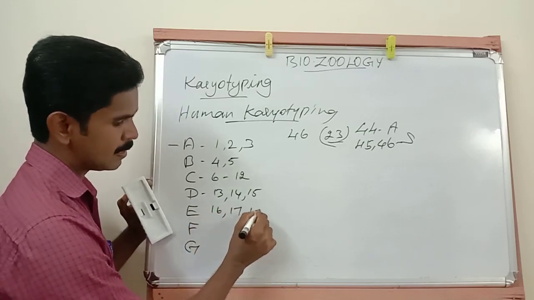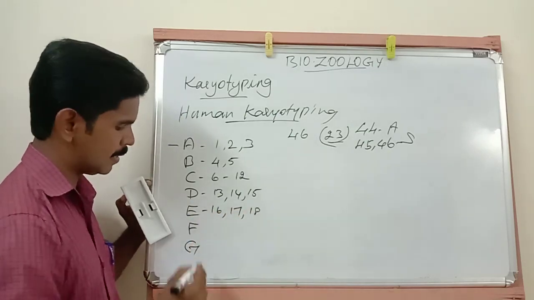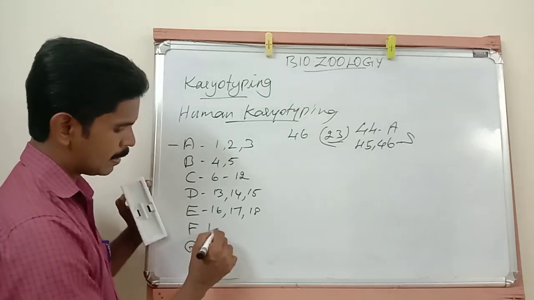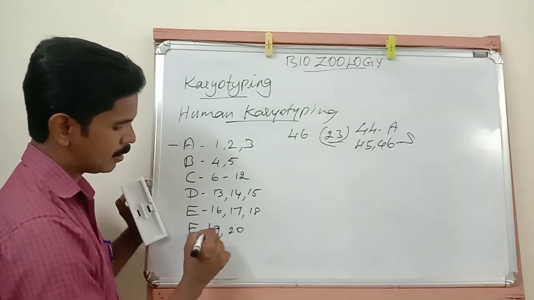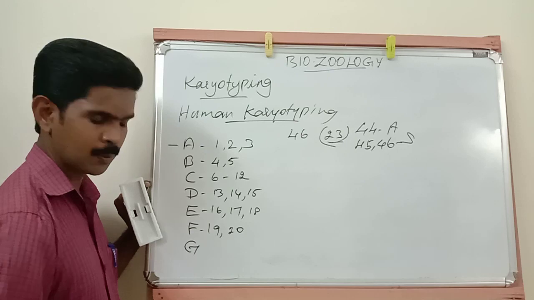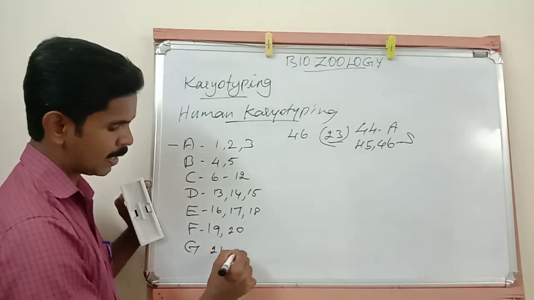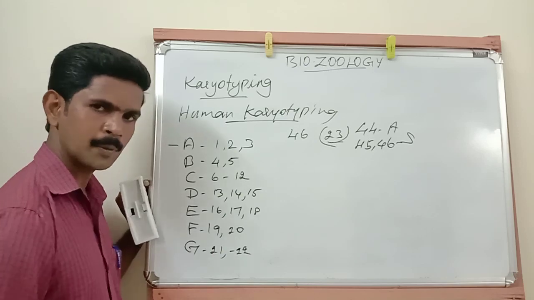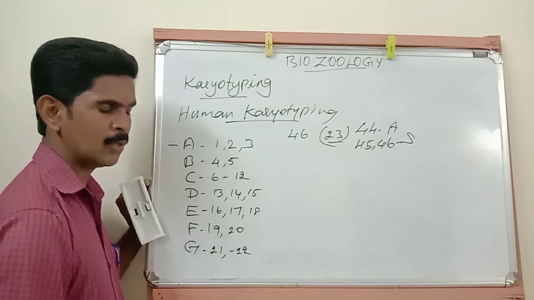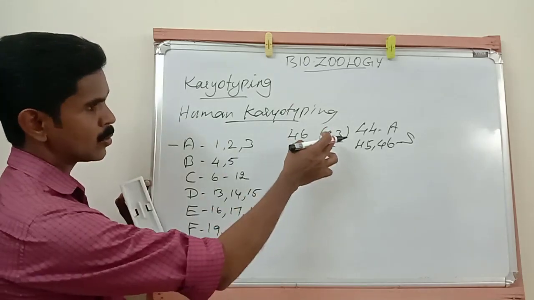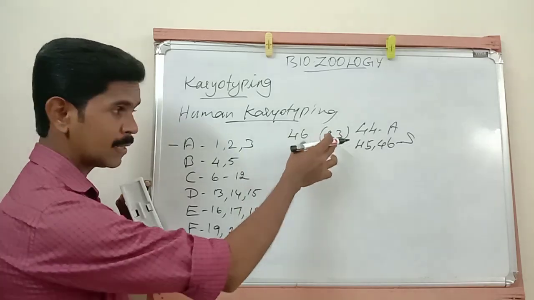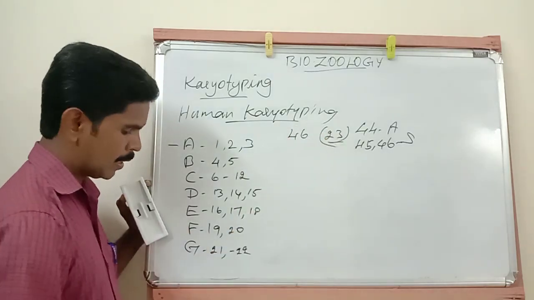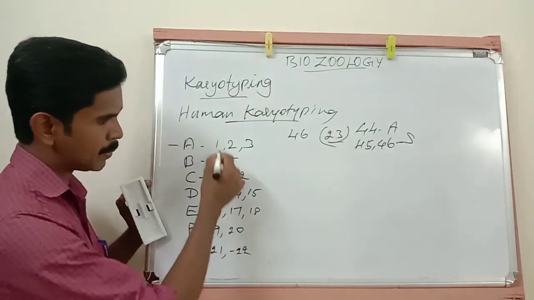16, 17, 18th pair is arranged in E group. 19 and 20th pair is arranged in F group. 21st and 22nd pair is arranged in G group. Do you understand? So all these 23 pairs, among these 23 pair of chromosome, now first 22 pair of chromosome,